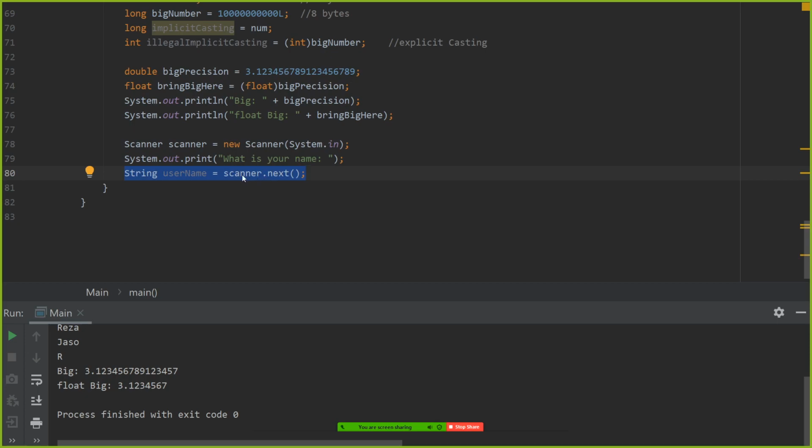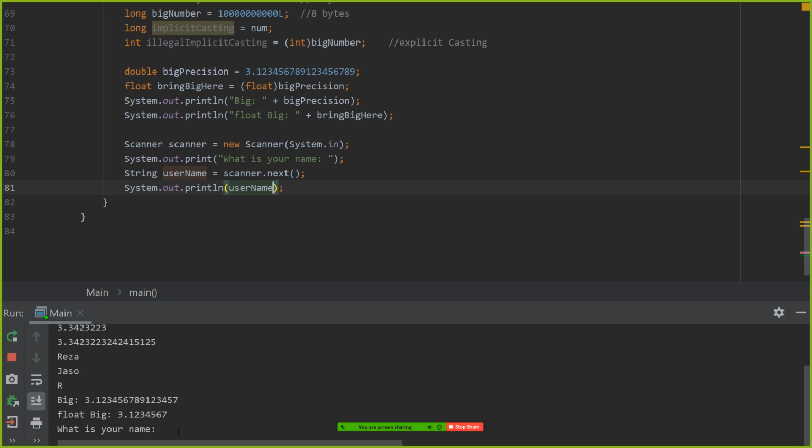But for us to get the user's input, in this case we want to get the next string. We would just type in next with parentheses. This is a function call. We'll come back to this. And as soon as we do that, you'll notice that now we could print out the username. And if we run it,